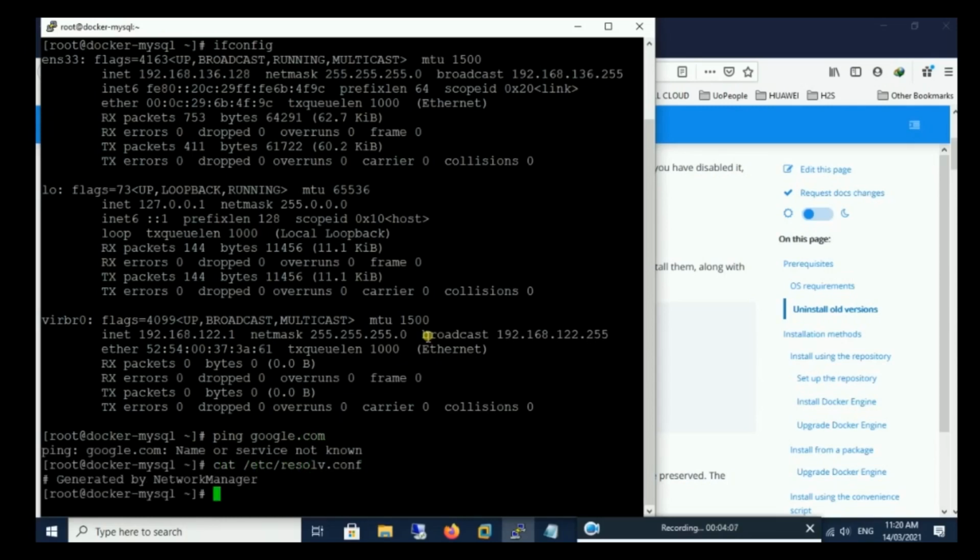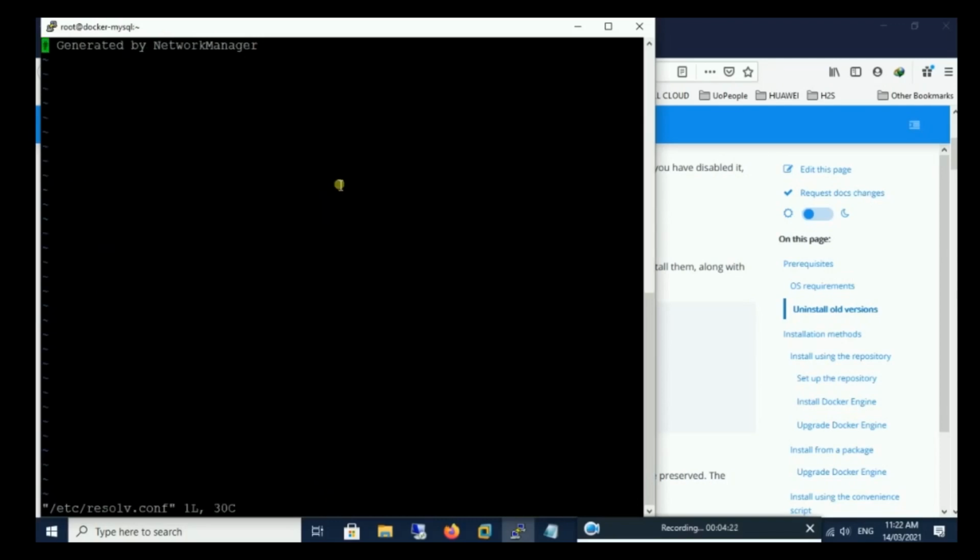So we're going to /etc/resolv.conf and we're trying to edit it. It's empty, so we are trying to make it work. Here, what we're going to do is put our gateway IP.